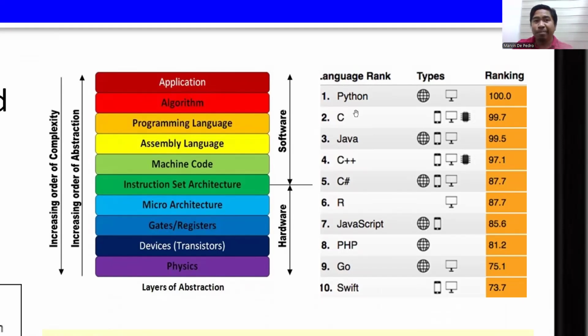They still go through this process of assembling and compiling. Okay, so they are still being converted to assembly language and then eventually machine language or machine code. So that's the only language that our computers and other digital devices can understand. Okay, so when we say machine code, that's a series of ones and zeros. And now transitioning from software to hardware, we have what we call instruction set architecture.